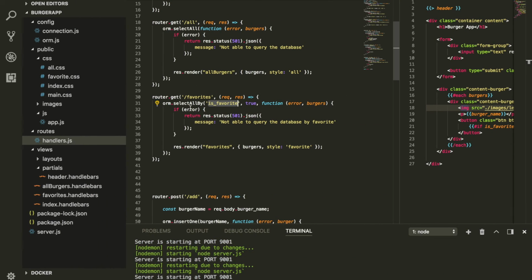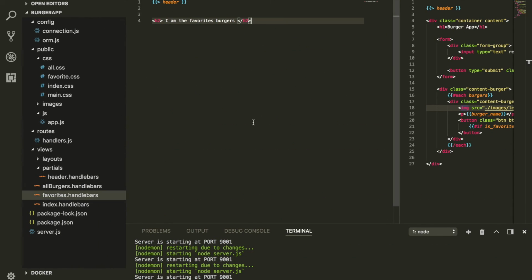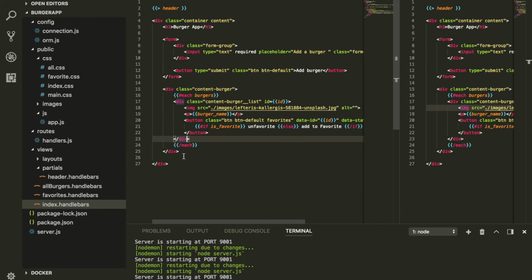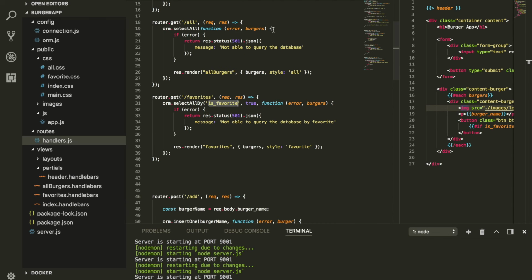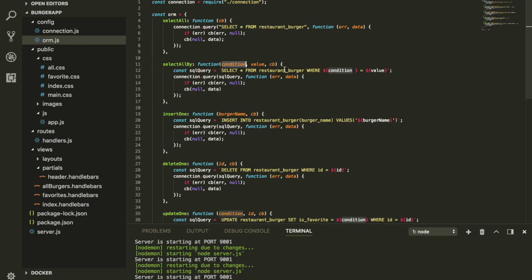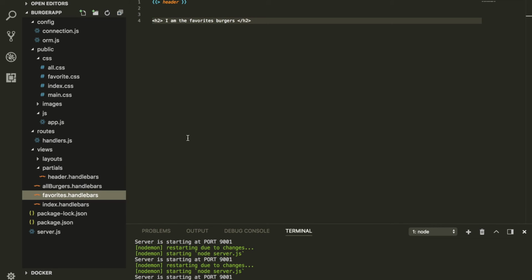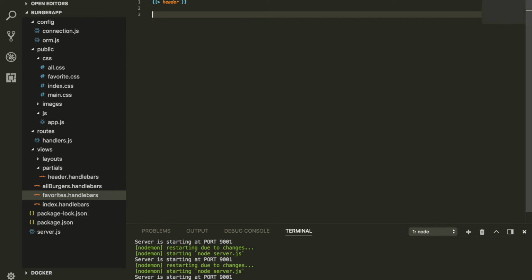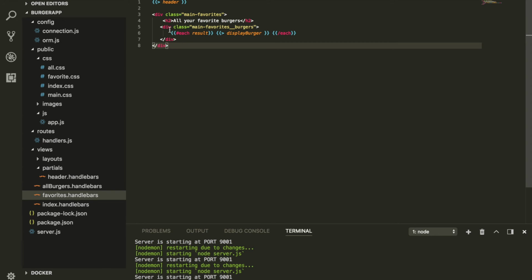And of course, we don't have anything that is looping over the is favorite, so we can copy something from the index handlebar. Actually, instead of copying, we definitely know we need a header. Hold on, let's close a couple of things here. Okay, so go back to favorite. We definitely know that we need a header. What I'm going to do is add this one here, and the only thing that I'm missing down here is of course